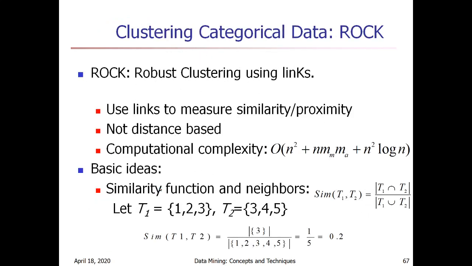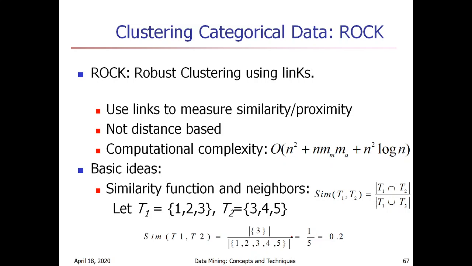Coming to the next method, that is the ROCK method. In the ROCK method, rather than using distance, it uses the similarity or the proximity between the neighbors. So how do you find the similarity? It is using the Jaccard coefficient. In the Jaccard coefficient, this is the formula. We take the points, and the most similar points that exist in the neighbors, we are going to merge those particular data points.